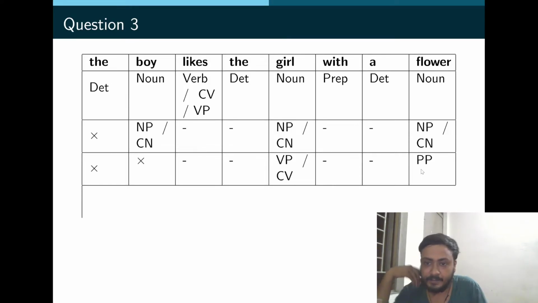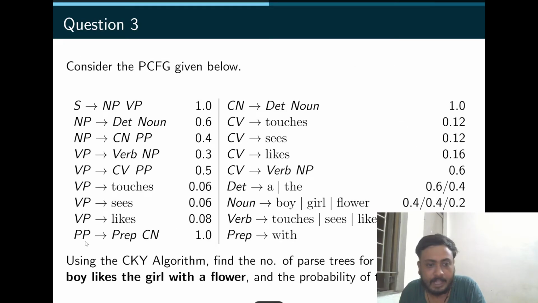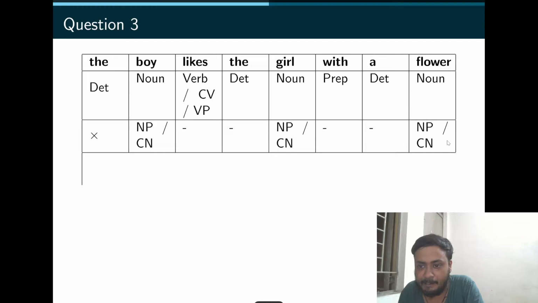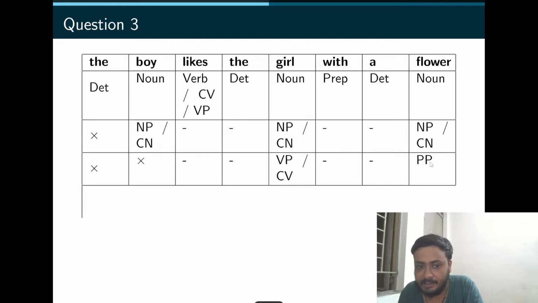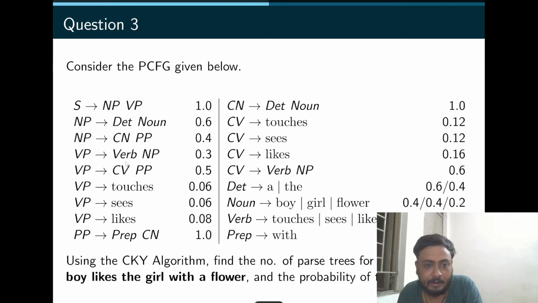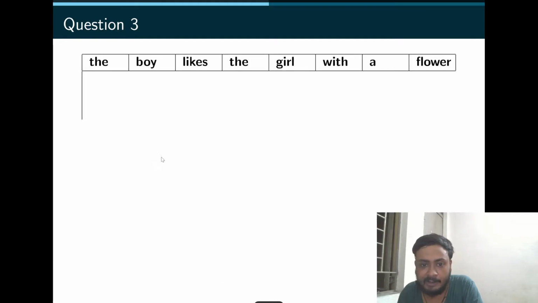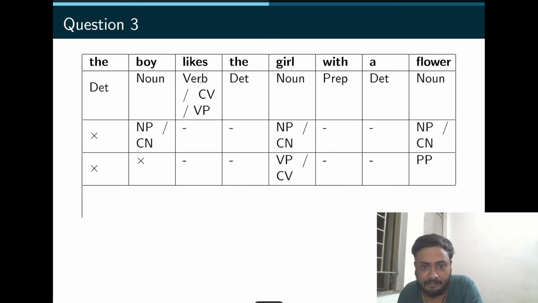So if you see, there is a rule like this, PP yields prep CN. So if we have a preposition and we have a CN after that, we can combine it using this rule PP. And we have over here prep and CN. So we can combine that and we get PP, right? Similarly, we also have the combination of VP, which gives verb NP. And there are possibilities of verb NP over here. How? There is a verb over here and there's an NP over here. So that is why we can